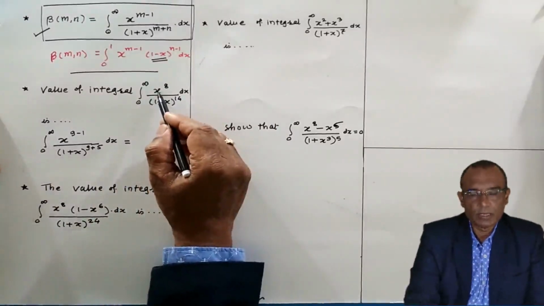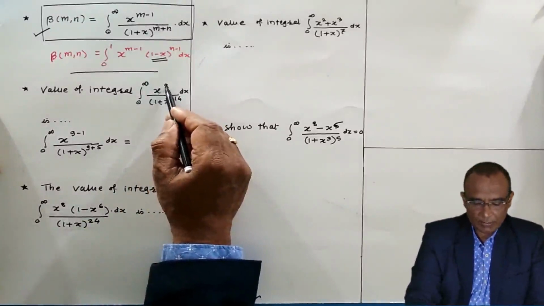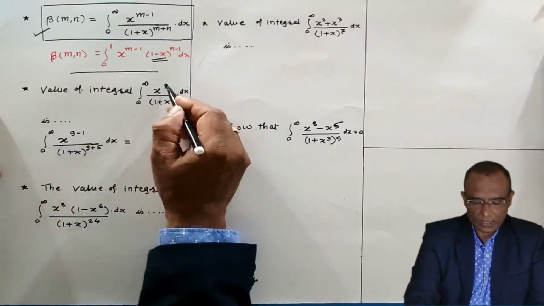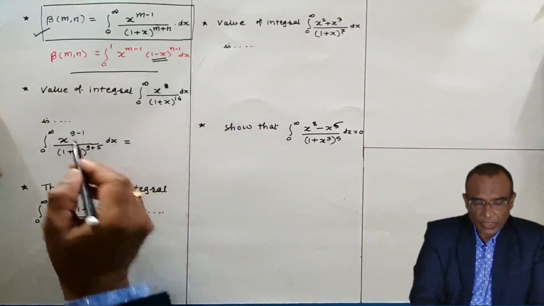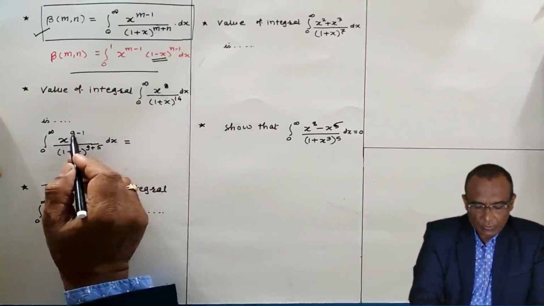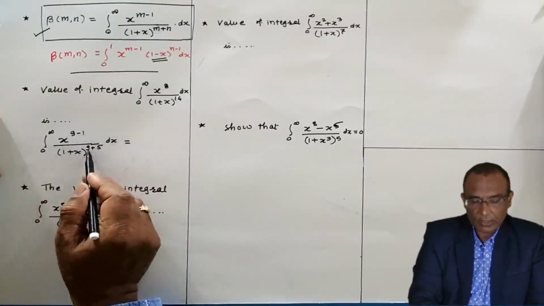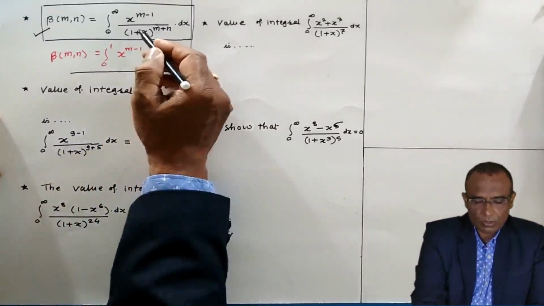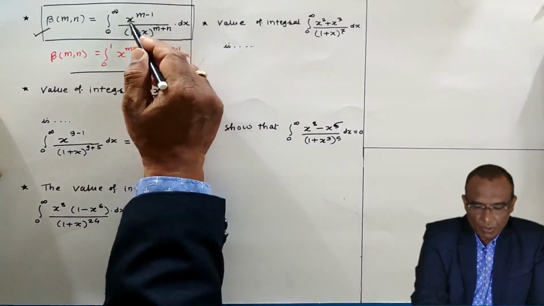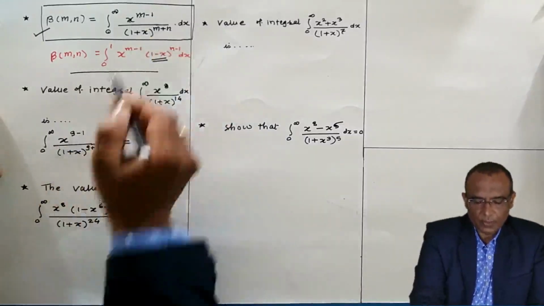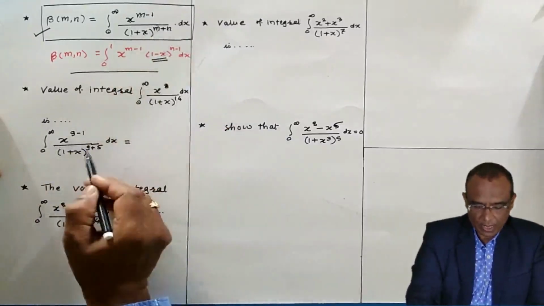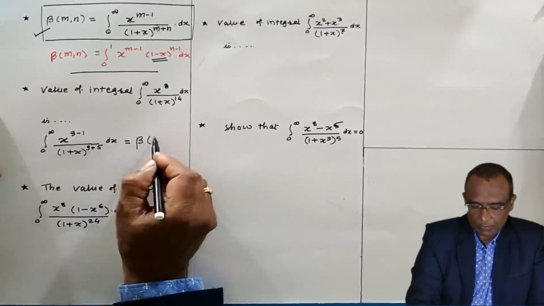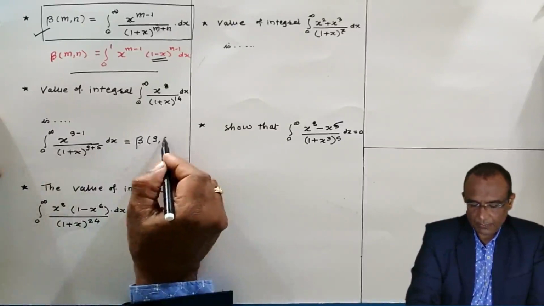First of all, in this numerator you have to write x to the power 8 as 9 minus 1. If x to the power 5 is there, 6 minus 1, x to the power 4 is there, 5 minus 1, like that. And once you write the numerator, then in terms of this 9, you have to write the denominator's index. This 14 I have written in terms of 9. Now, this formula is going to fit here. x power m minus 1, 1 plus x power m plus n. This is beta 9, 5, and this is the answer.